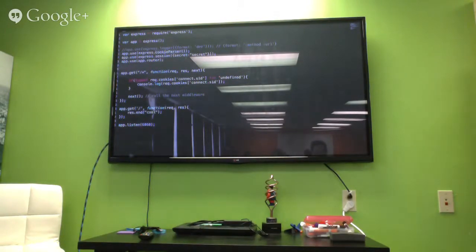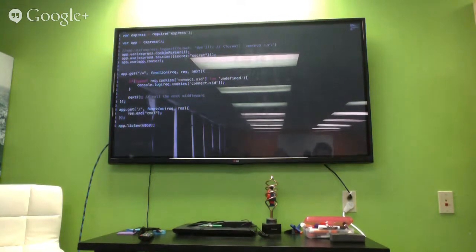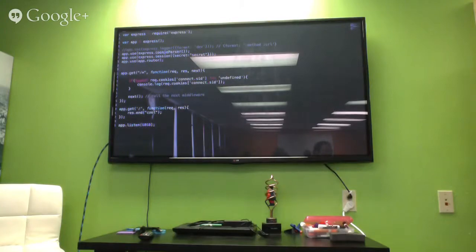Have you guys talked about HTTP headers at all? A little bit. Okay. So this is basically sent as part of the HTTP header, right? I believe. Yeah, we've talked about that. Okay. So something has to parse that header, right? Express is all about doing everything. So something has to parse the header, something has to parse the cookie, figure out that there's a cookie in there, and separate it into this string and value pair so that you can do something reasonable with it, right?